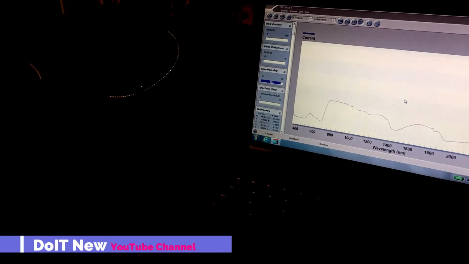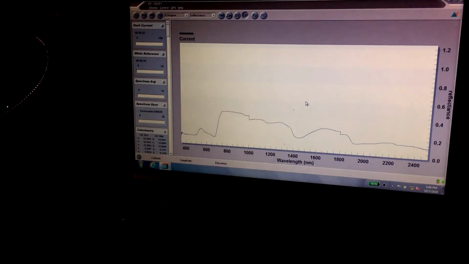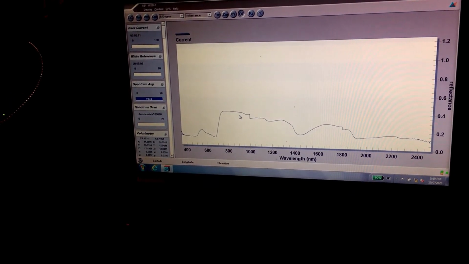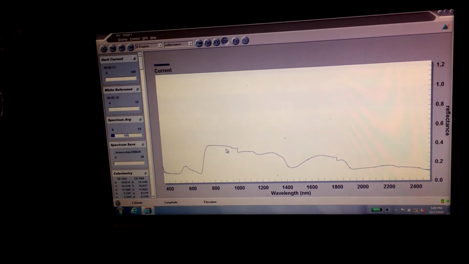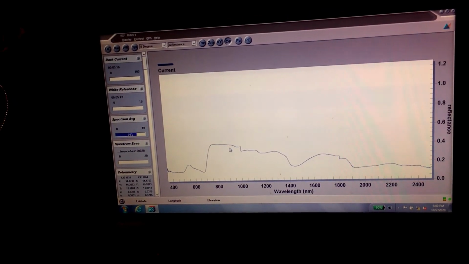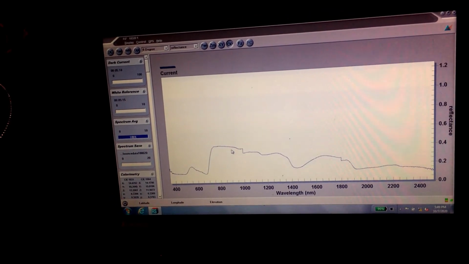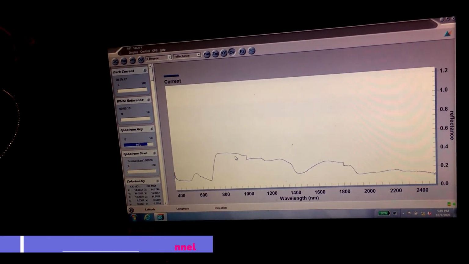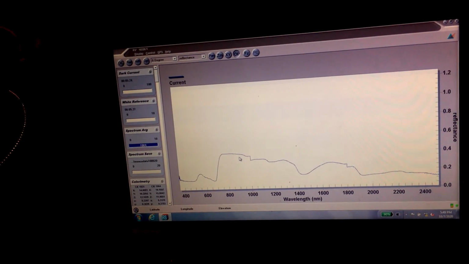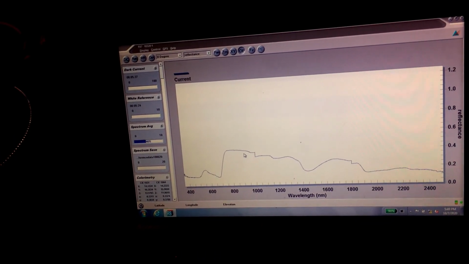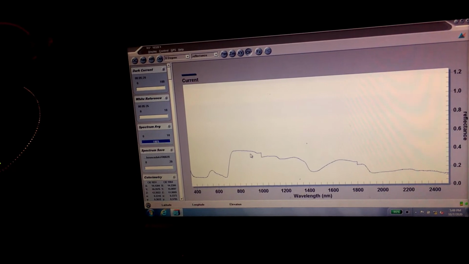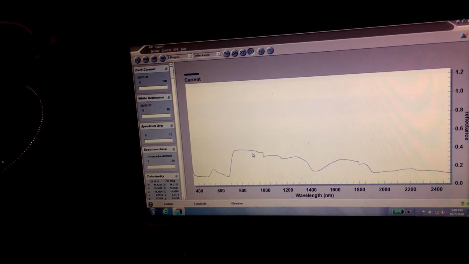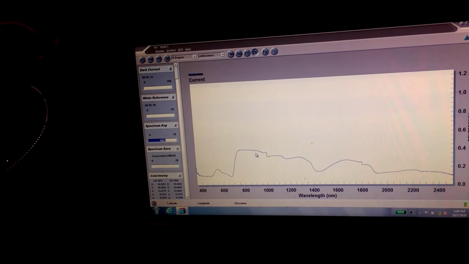You can see the green vegetation is there, and now you can see on the screen there is absorption and also reflectance. This graph shows that this vegetation has some contents. If I say contents in the vegetation, it is like some chlorophyll, water contents, etc. So in the graph you can see there is some absorption at the band of 700, then again at 1400, and again in the 2000 series.